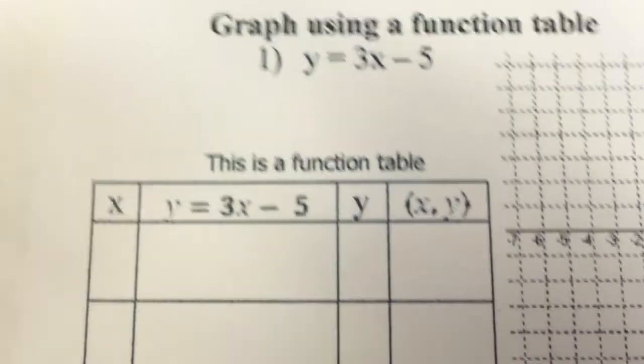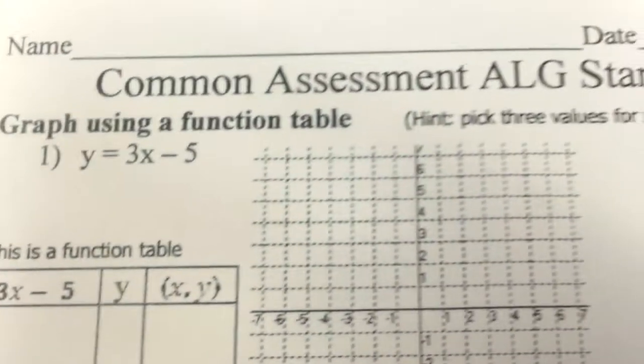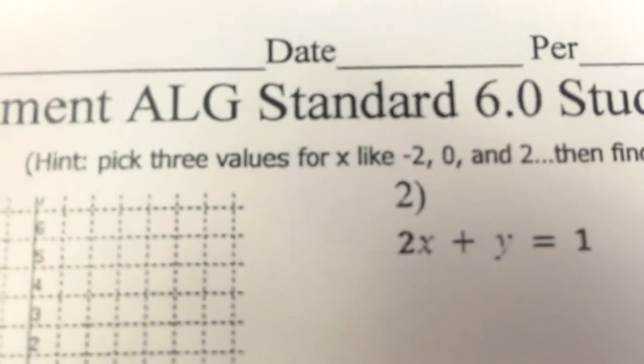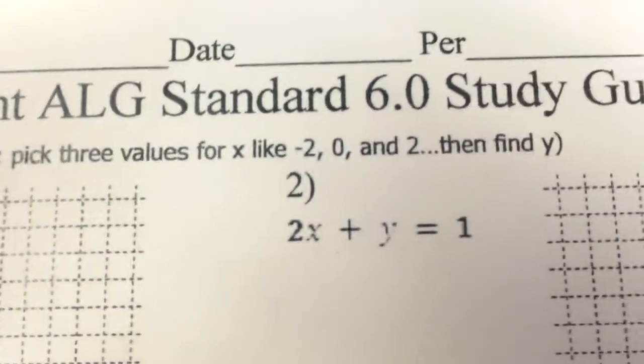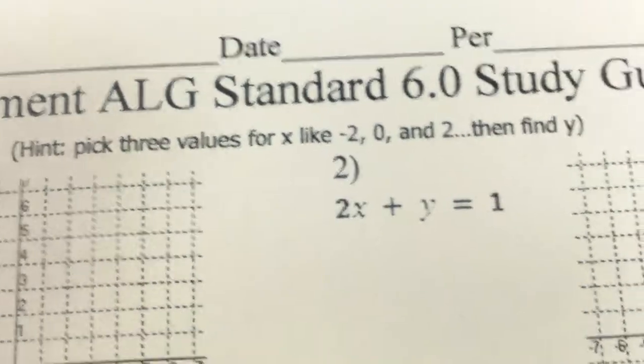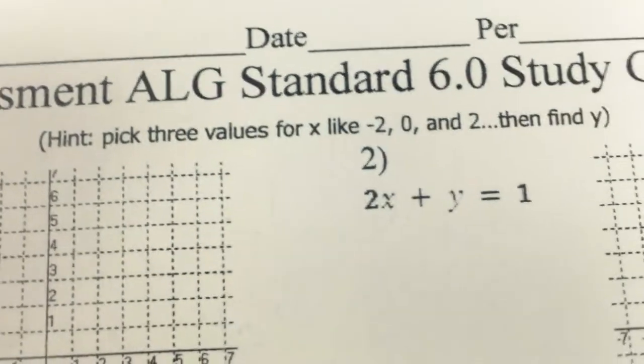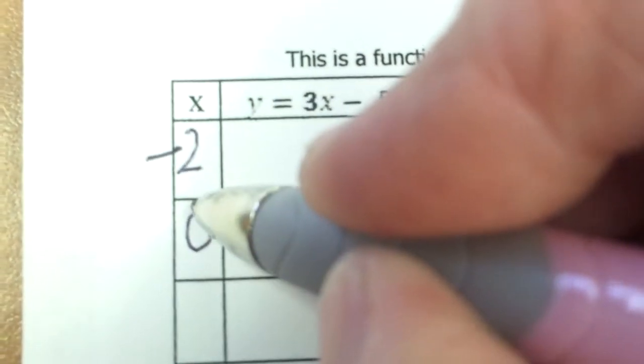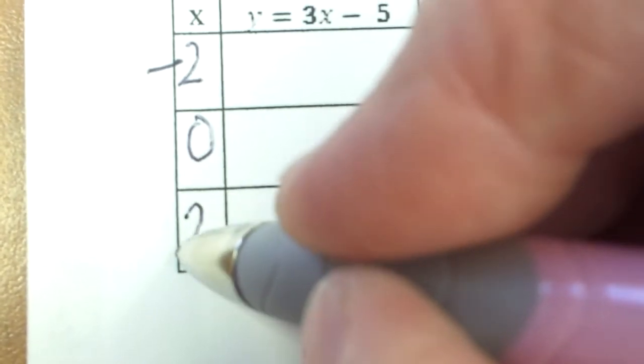And there's another hint over here that says pick 3 values for x, like -2, 0, and 2, and then find y. Okay, well, let's just use those values. I said they could be anything of your choice, so they gave us these 3. Let's just use them. Usually I like to pick a -1, a +1, and 0, and I usually don't make them too big because I want to be sure they fit on my graph. So we're going to write